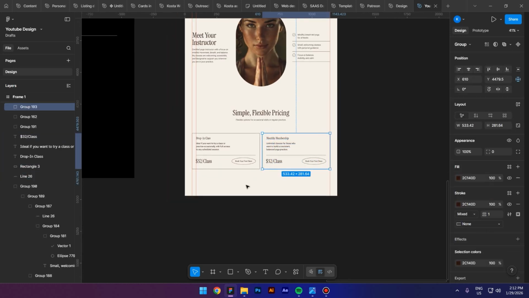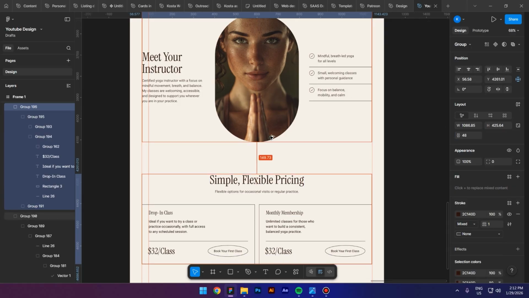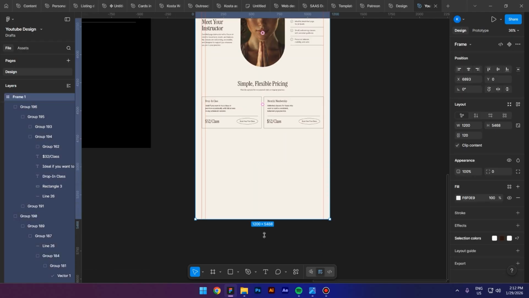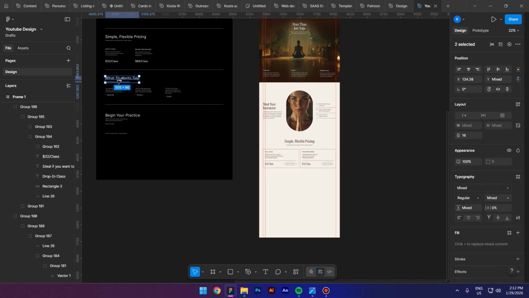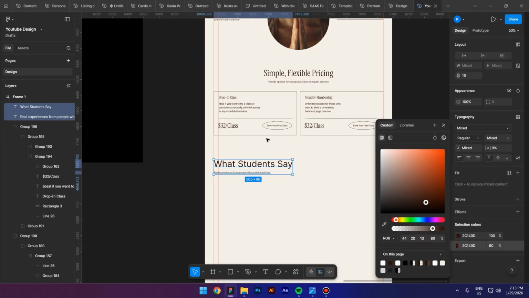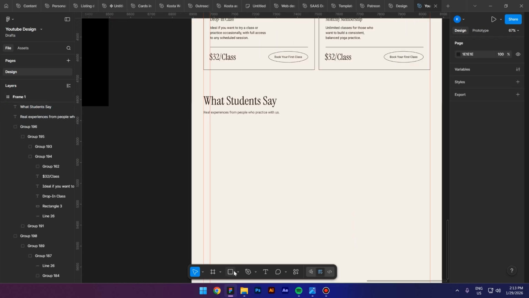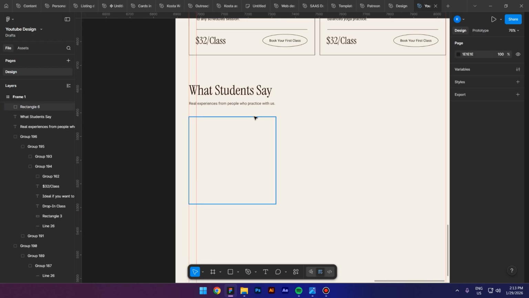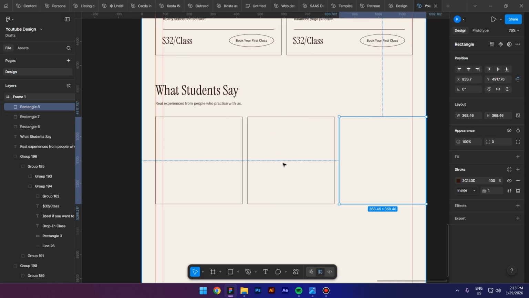Now let's group them together at 48 pixels and then 120 pixels here. Nice. Expand the page even further, and let's add the testimonials now. Select them, select the text like this, 120, change the headline, and let's create a square, switch to stroke, duplicate this like this and make sure we use 20 pixels, then press Ctrl D to duplicate